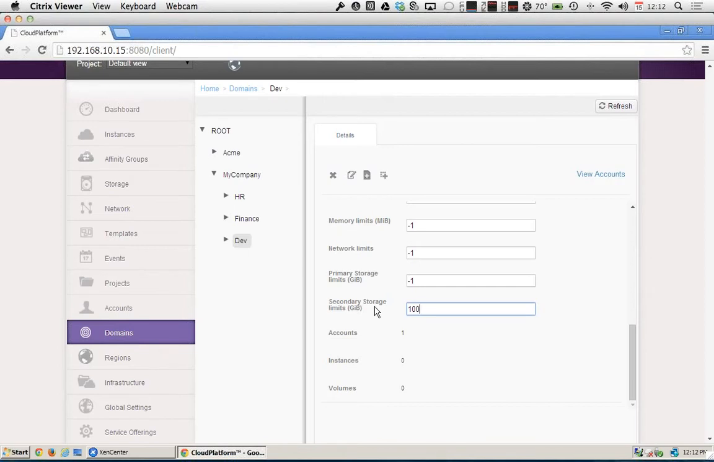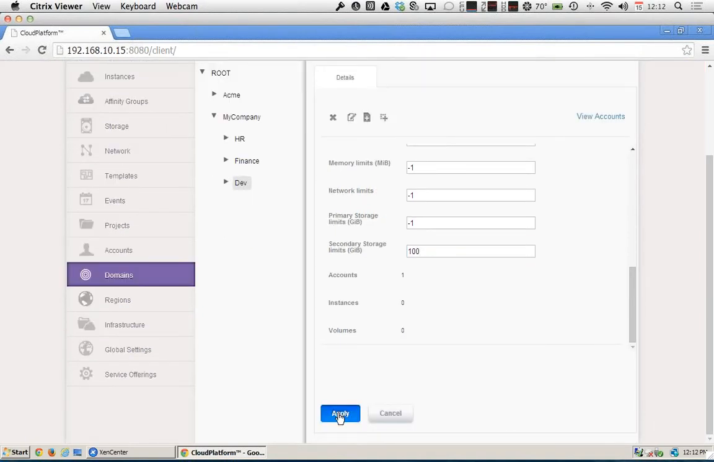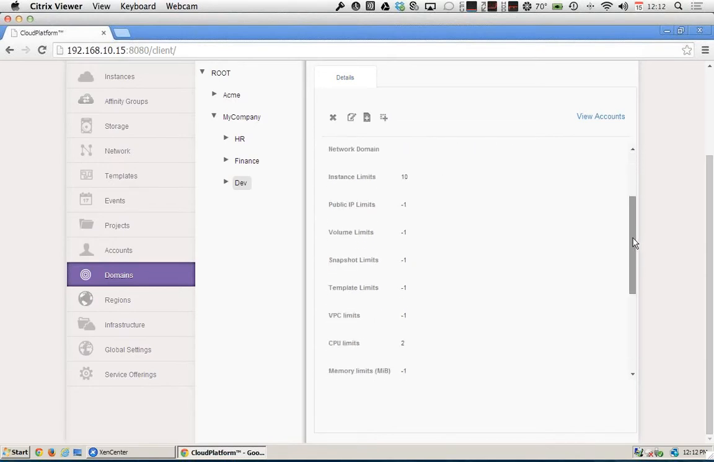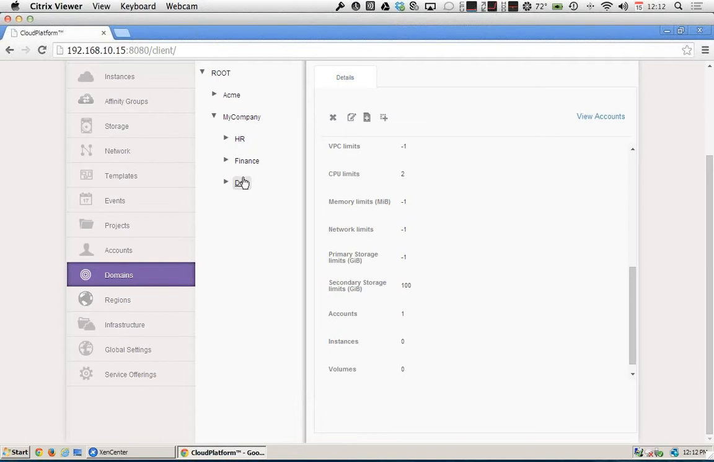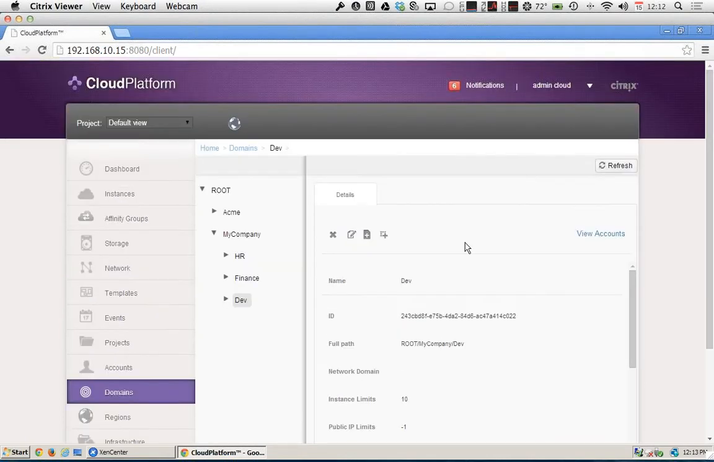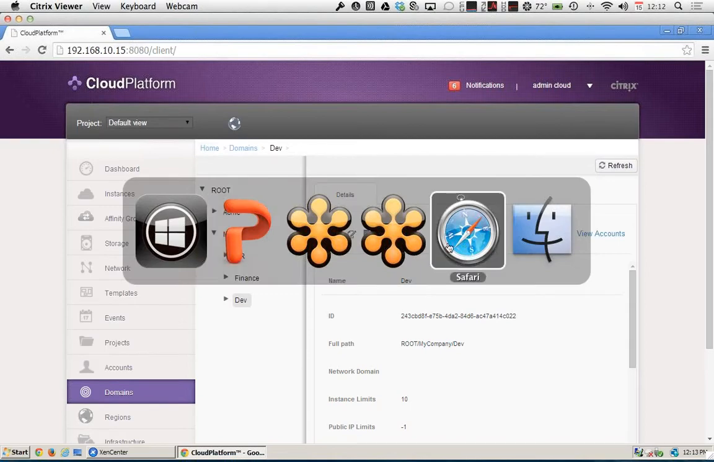The last thing, I'm going to jump back to the domains just to show you something else in here as well. If I expand that out, at the moment we don't have any limitations placed on this. Now, the root domain here, we can specify the number of instance limits, public IPs, volumes, templates. There's a big long list. I don't need to go through all of these. But the point being is that at any point throughout this logical domain infrastructure, I can apply restrictions to the